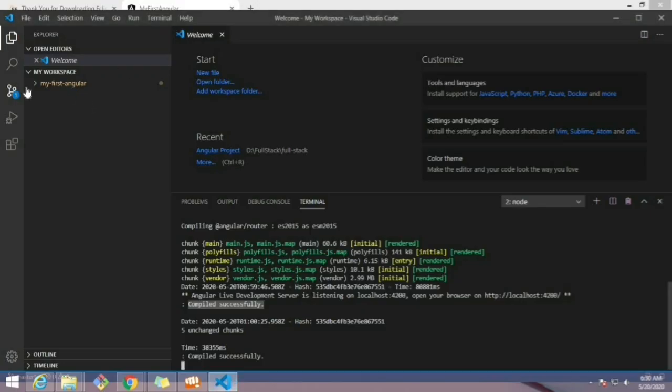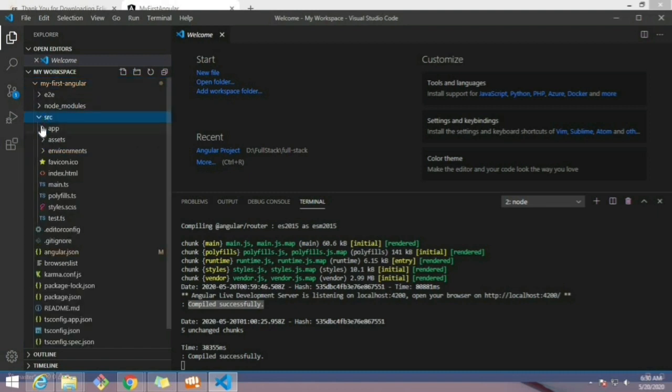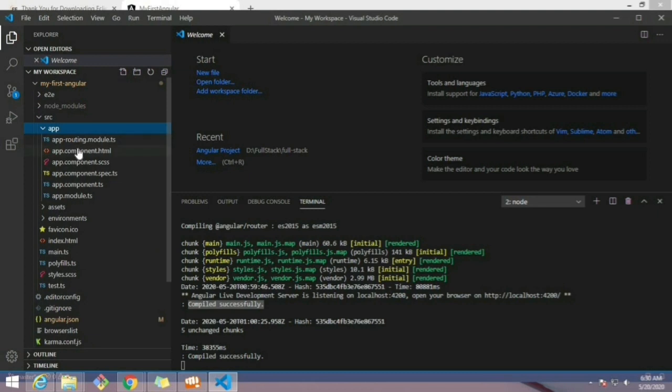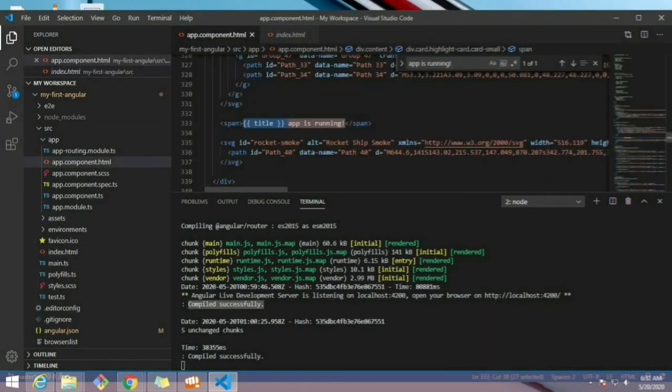I will change something here so that it will reflect in the browser. This is the folder structure of Angular, and it's similar for all projects.